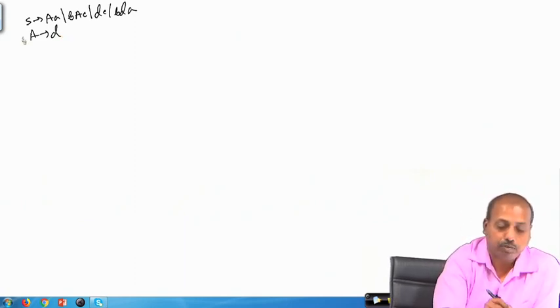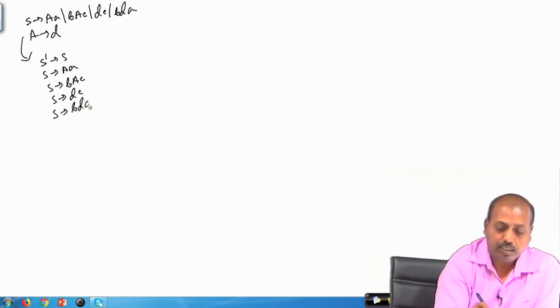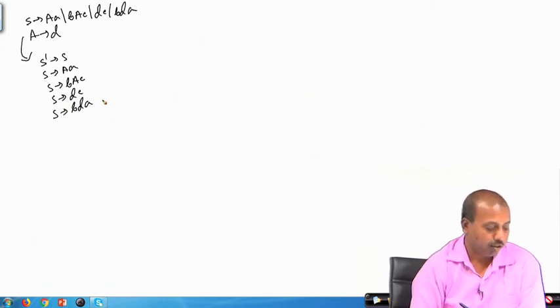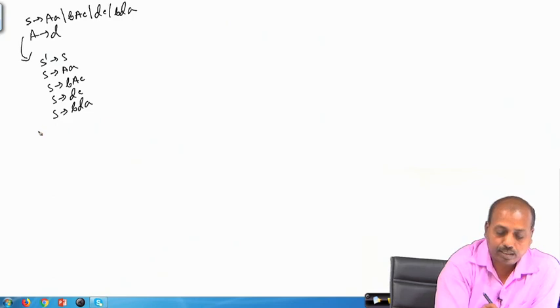To see whether it is SLR or not, first of all we do the augmentation: S dash producing S, S producing AA, S producing BAC, S producing DC, S producing BDA. Fine. The next part of the job is to find out the first and follow sets.